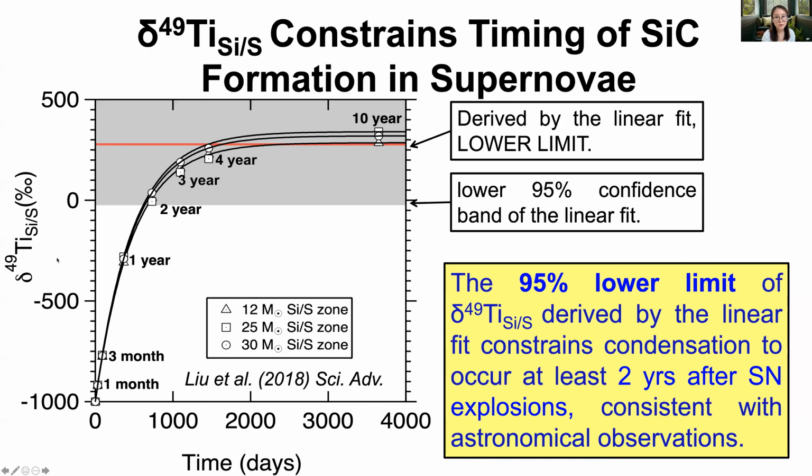And the delta titanium-49 value in the silicon sulfur zone increases over time because of vanadium-49 decay. And the comparison here clearly indicates that X grains condensed at least 2 years after the explosions of their parent supernovae. So the supernova ejecta needs some time to cool off in order for solid dust